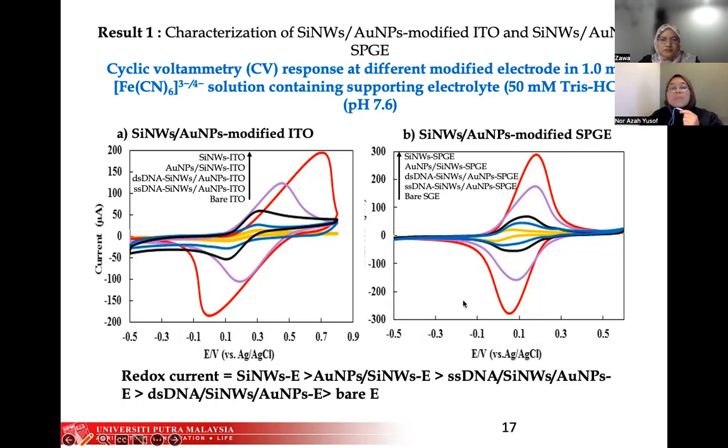So from here, you know what you want to achieve. Here, when you incorporate the nanomaterial, you achieve an increment of current. Okay, so that is what you actually want to achieve: when you put in nanomaterial, the current increases. So this is the evidence. This is the evidence, from bare,